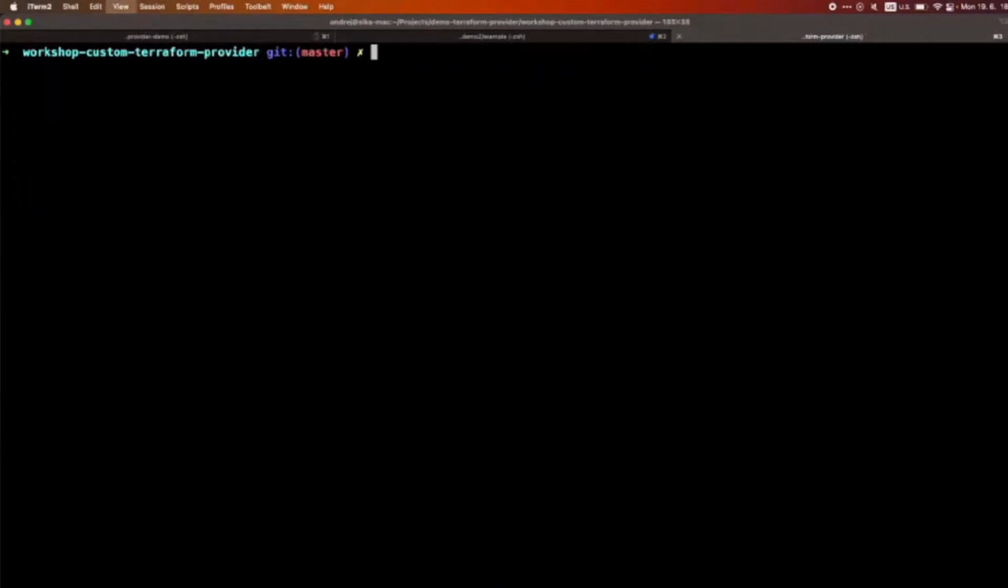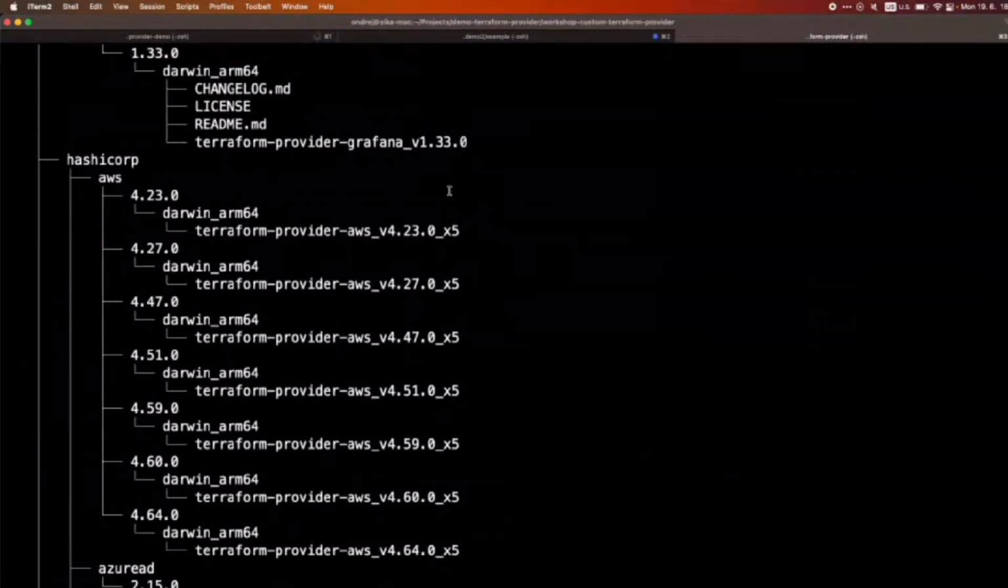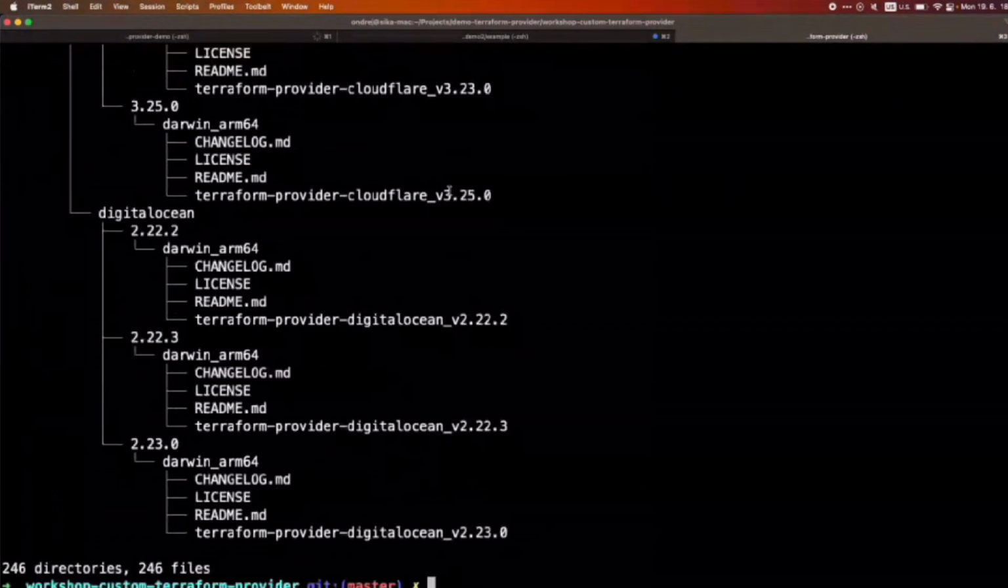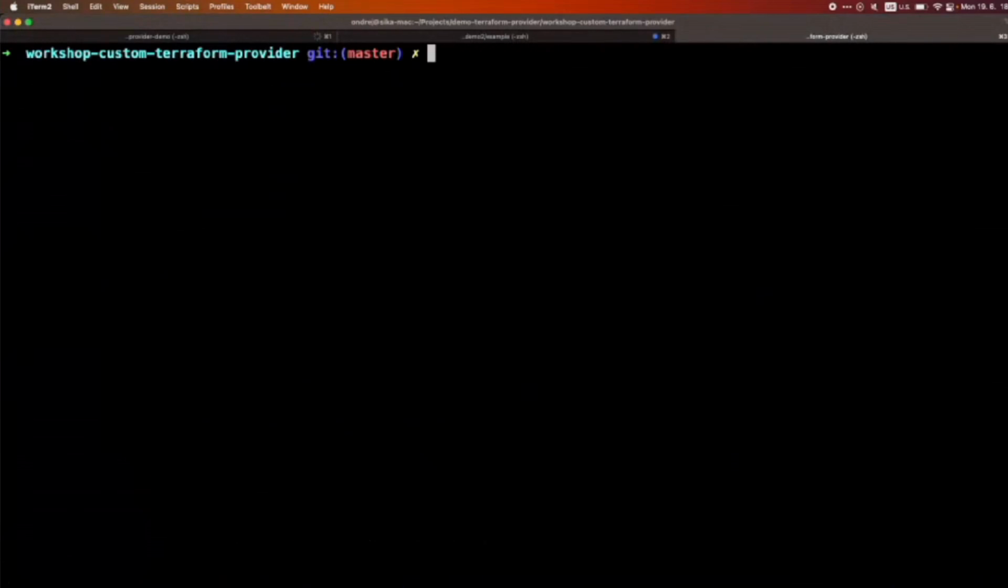So basically it's a tree at Terraform plugin cache, and this is where I have all the Terraform providers in one place, and I can create something here in my demo. So if you see, for example, some provider for AWS, Terraform providers, Terraform plugin cache,